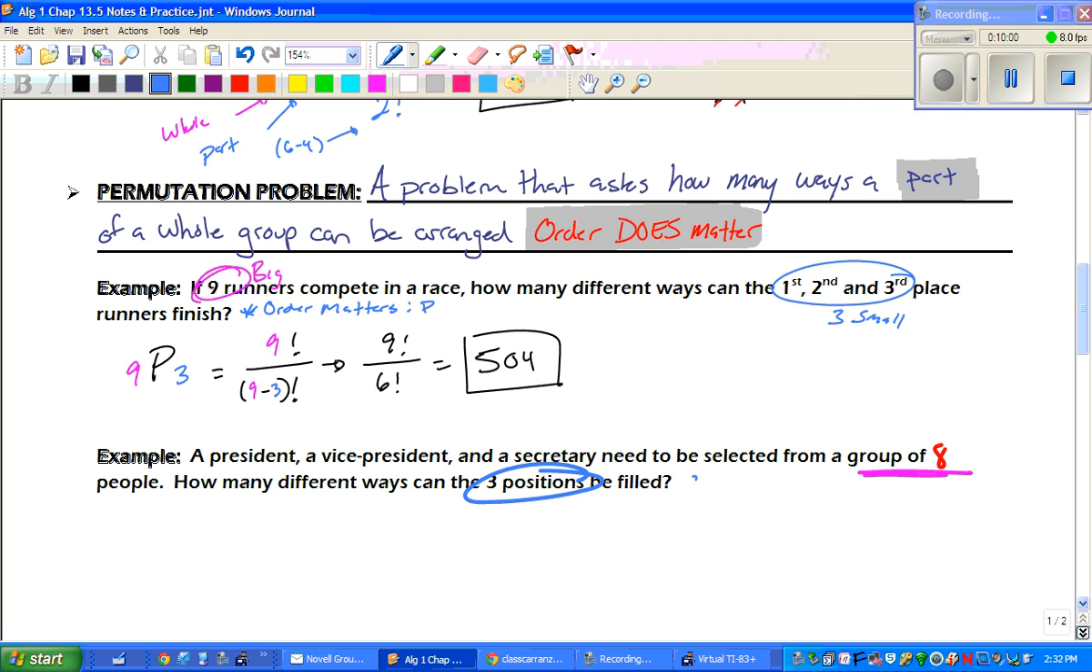And does order matter for this? Yeah, order does matter. So it's going to be a permutation. Okay, so we know we're using the P. The whole is 8. The small group is 3. Okay? So following that formula, we know that 8 goes on the top, and 8 minus 3,